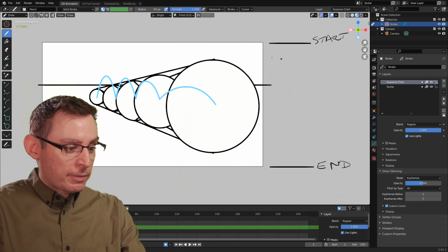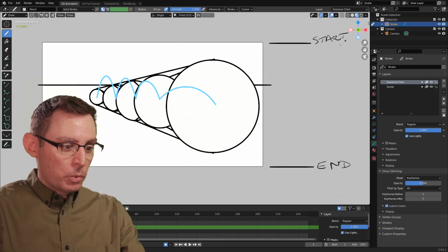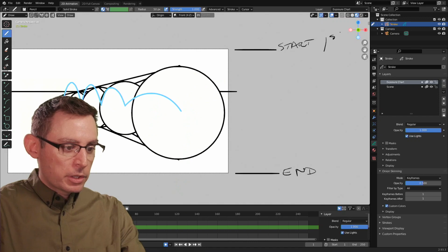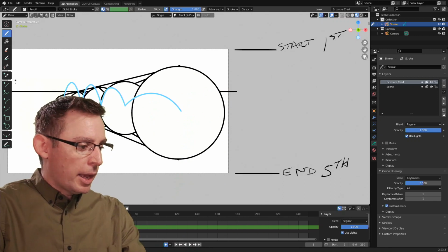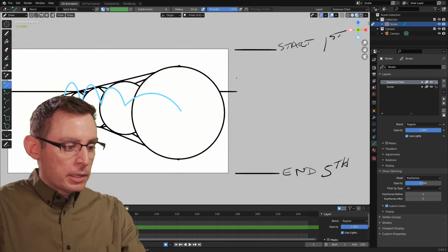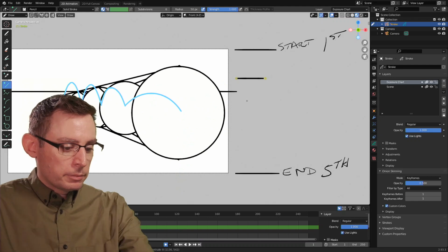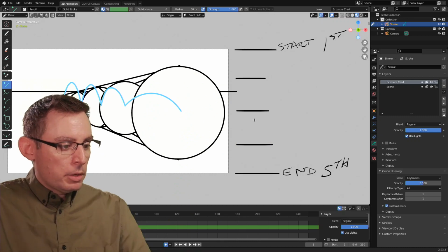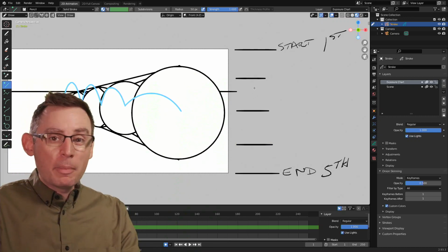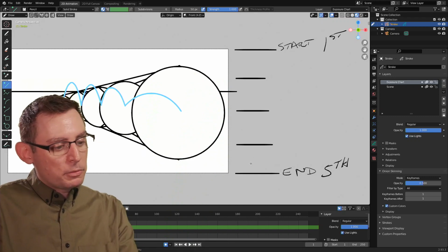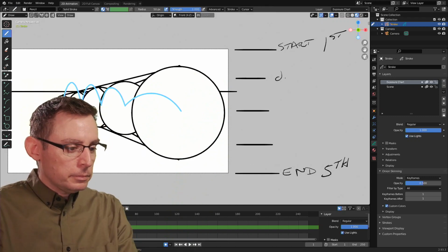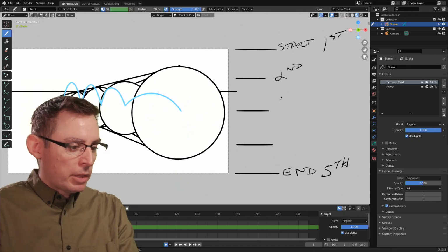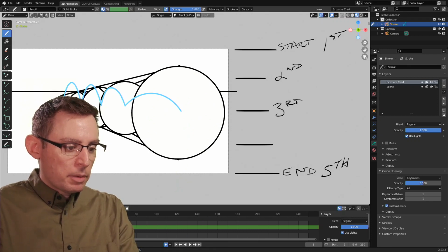All right, so I know that I'm going to have at least 5 jumps. So this is the first one, and I'm just going to append this a little bit. Say first, and this is the 5th jump down over here. So I need to have a second jump, a third jump, and then last but not least, a 4th jump. Now notice that I'm not really considering in my mind the distance between these 2 frames. I'm just trying to create a system where I can figure this out. That line represents the second. This is the 3rd jump, and then of course, last but not least, this is the 4th jump here.